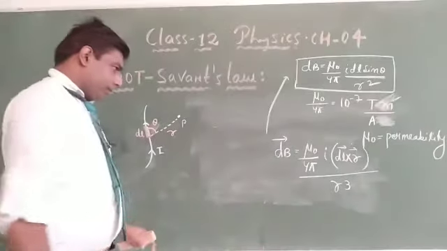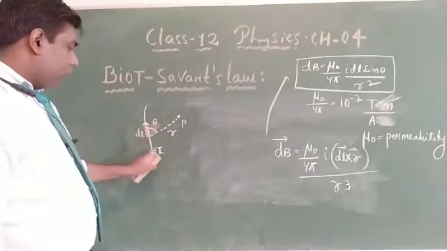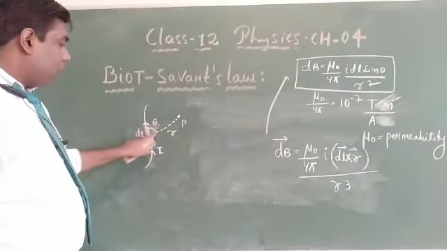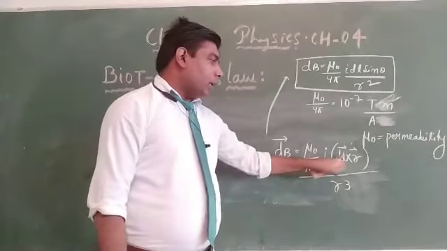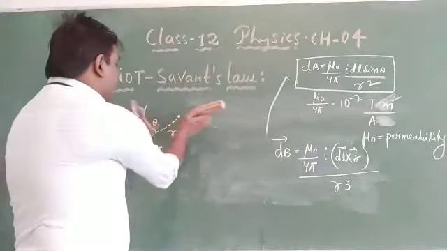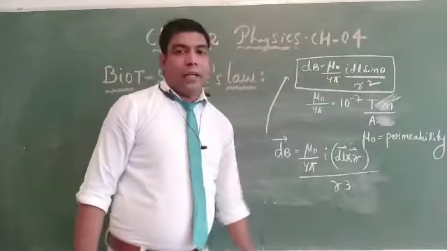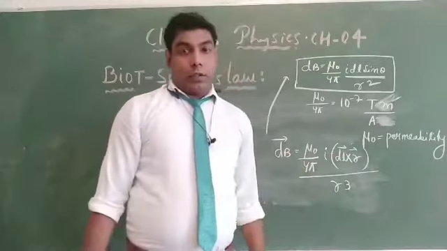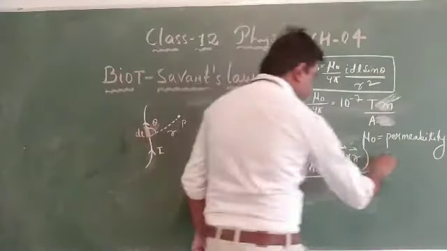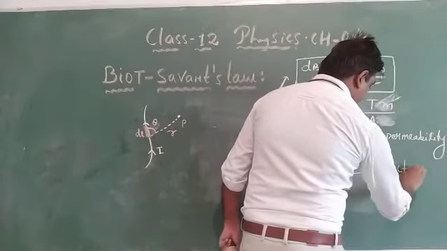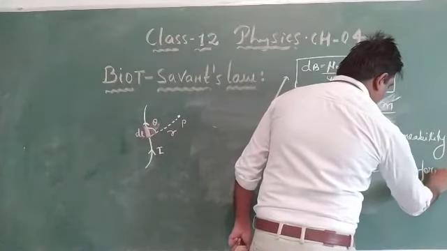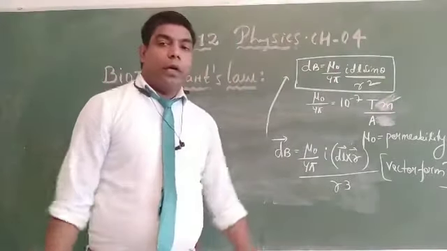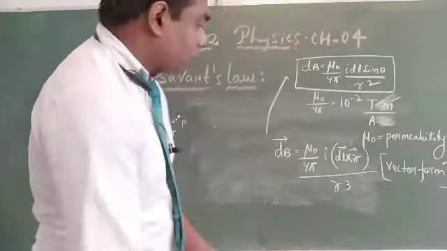See what we have done. You know, the direction of I is the direction of dl, right? The angle between dl and r is theta. And you know, when there is sin theta between two vector quantities, then we take the cross product. So this is the vector form of Biot-Savart's law. From this law, we can find out the magnitude of magnetic field induction at a point.